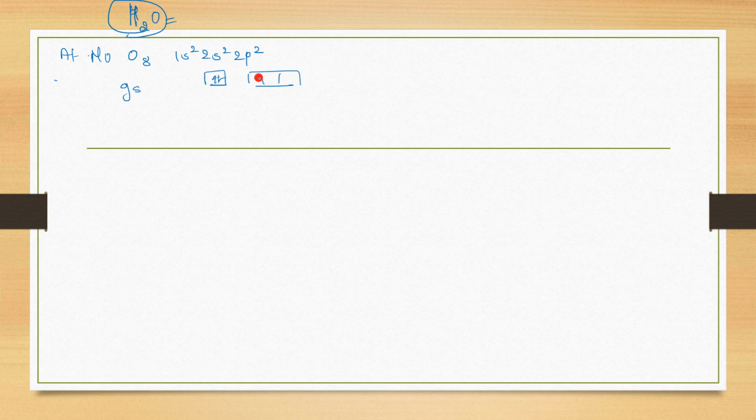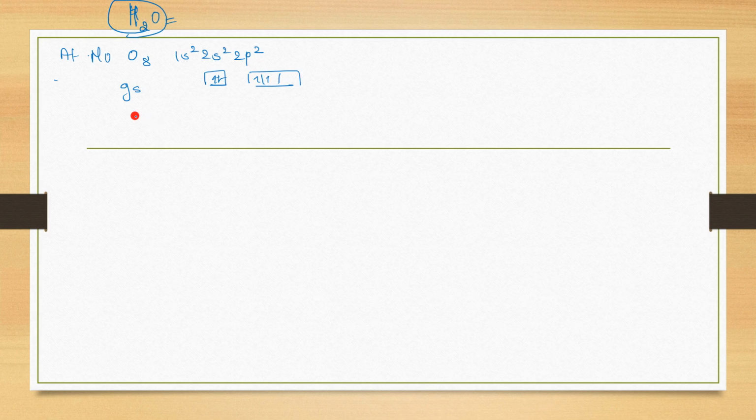So again, start with the same points. First is what? Atomic number. Now we are talking about the example of water. So the central atom is oxygen. What is the atomic number of oxygen? 8. So write down its electronic configuration: 1s2, 2s2, 2p4. Then start with the ground state. I will not write 1s for now. So this is the ground state configuration.